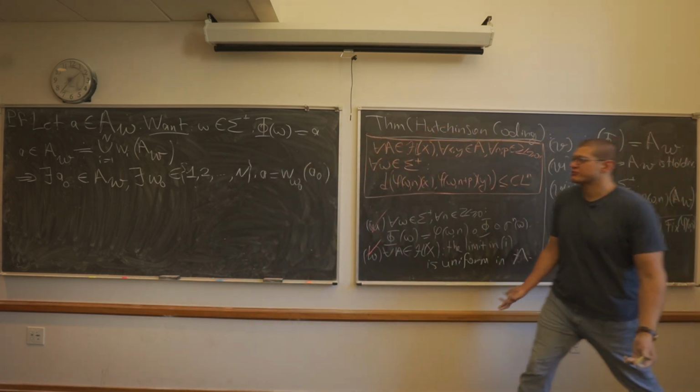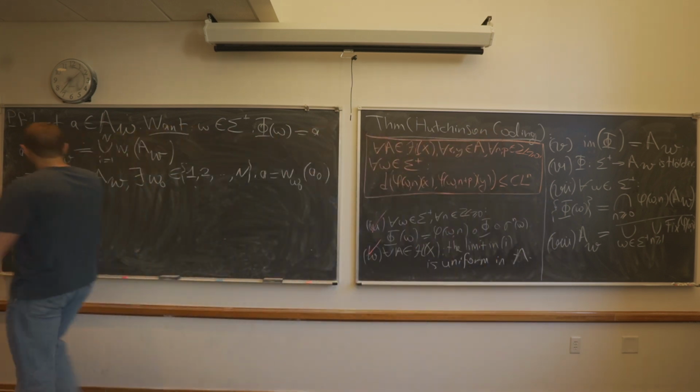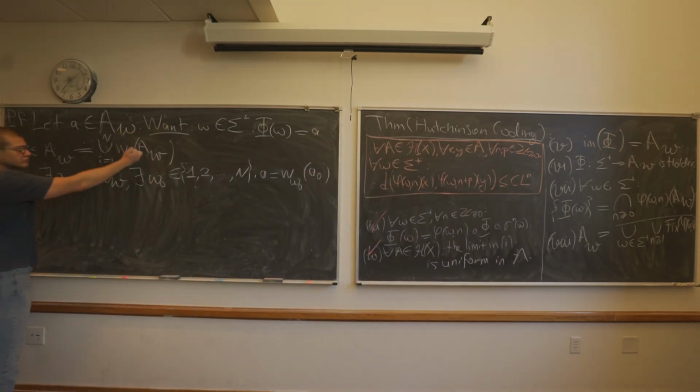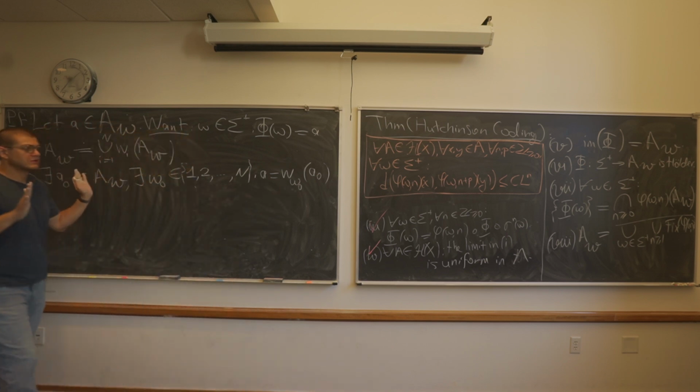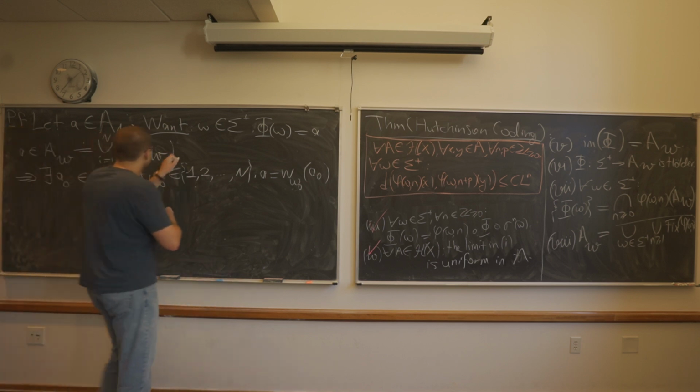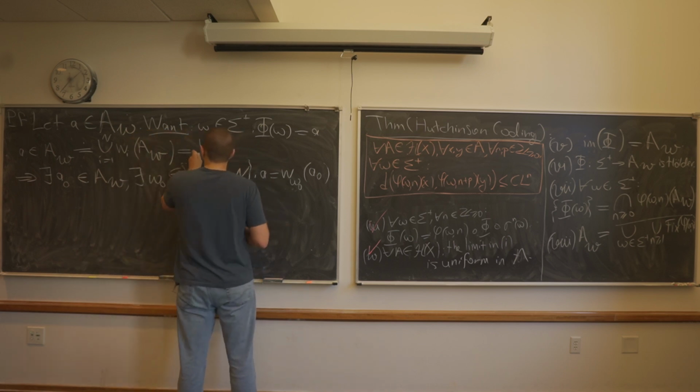It has to come from somewhere. So this point that I fixed comes from some other point in the attractor when I apply some contraction to it. Maybe there are multiple such omegas, but I'm just taking one number. But then, by the same reasoning, I can write it like this.